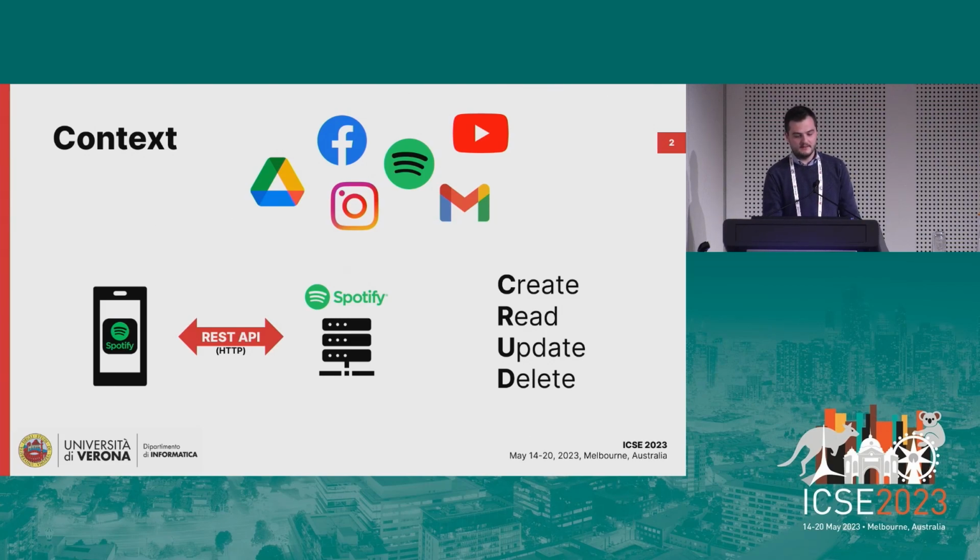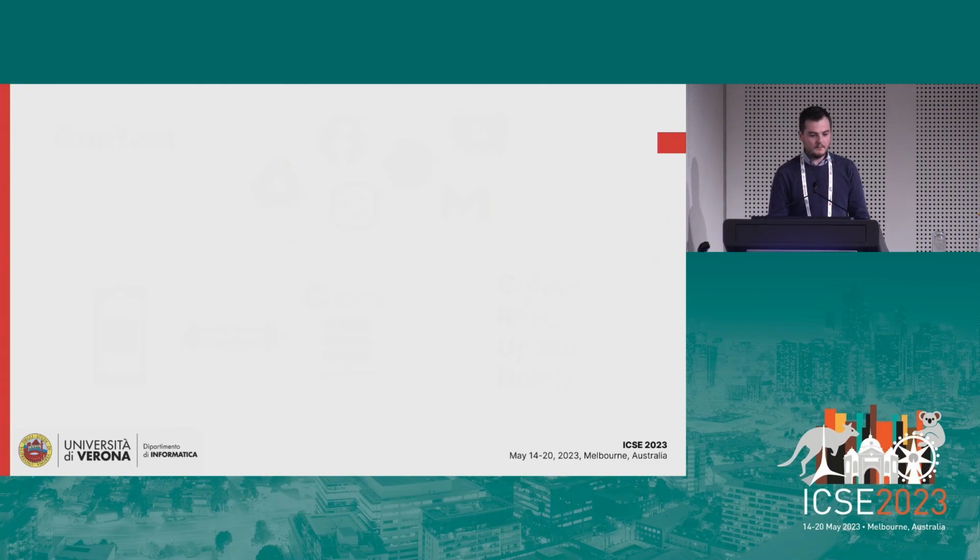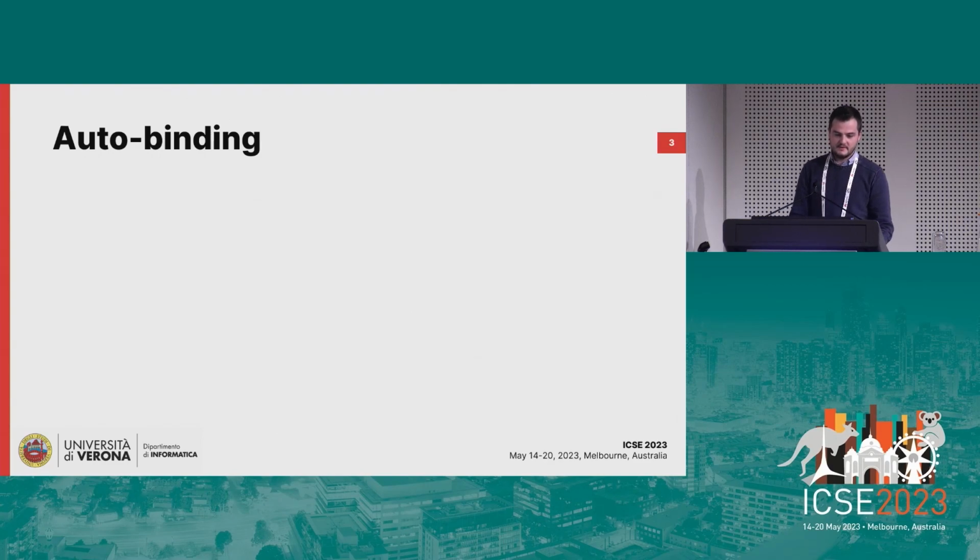In fact, the OWASP community has provided a list of the most common vulnerabilities, and mass assignment is one of the top 10 vulnerabilities in REST APIs. Mass assignment originates from a misconfiguration of the auto-binding features of REST frameworks. In fact, during the development of an API, developers adopt frameworks to speed up the development. And the auto-binding